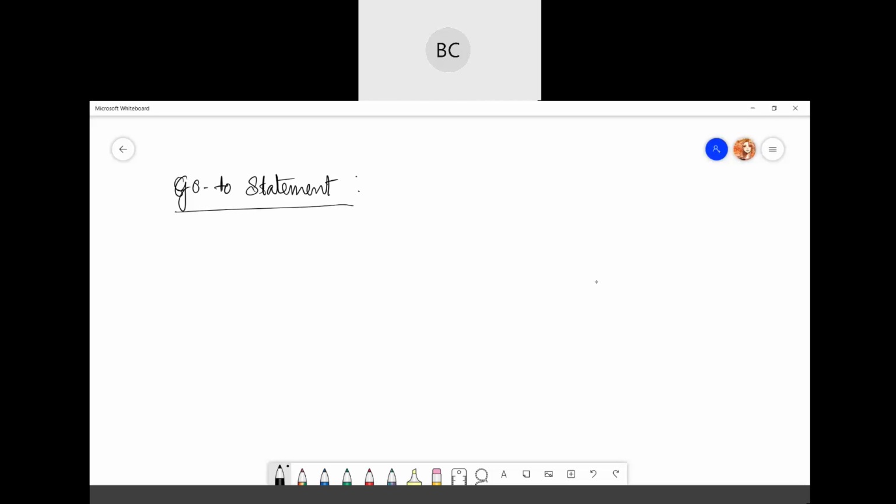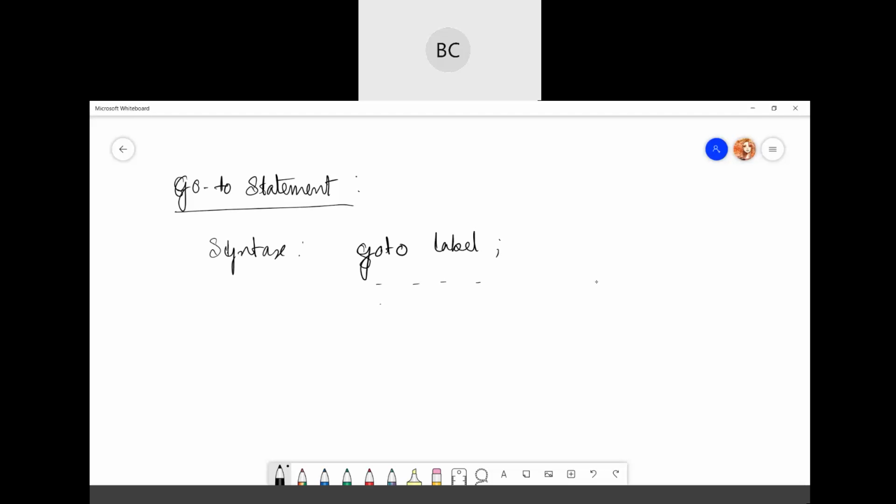So using go to statement, you can repeat some part of the code in a particular condition. Your syntax can be like, suppose there will be the exact name go to, then there will be a particular label. Label can be anything, it's up to you what type of label you want to give.